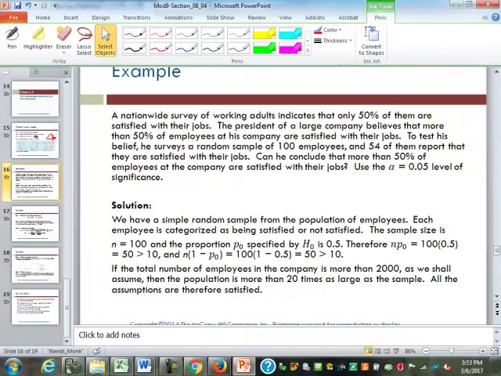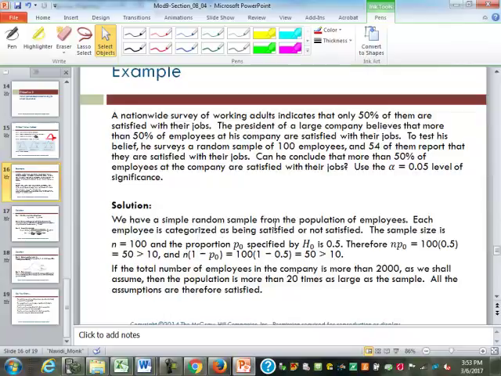So we have this in the job adults created that only 50% of them are satisfied with their jobs. The president believes that more than 50% of his employees are happy with their jobs. So he does the test to see. A simple random sample of 100 employees, and 54 report that they're satisfied. So is 54 enough? Well, first of all,